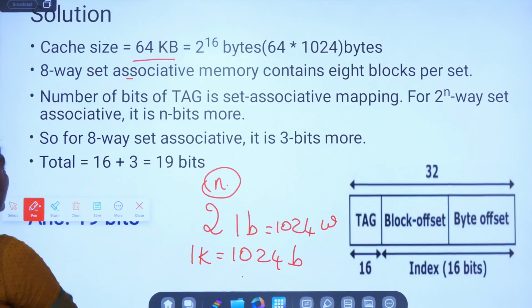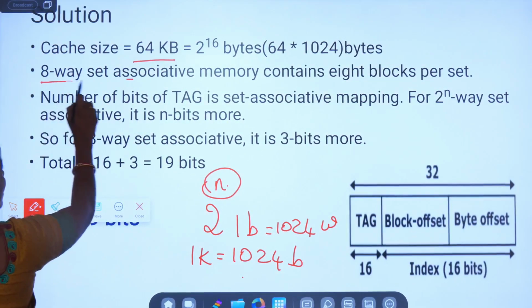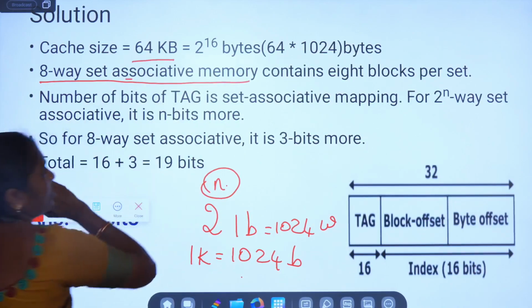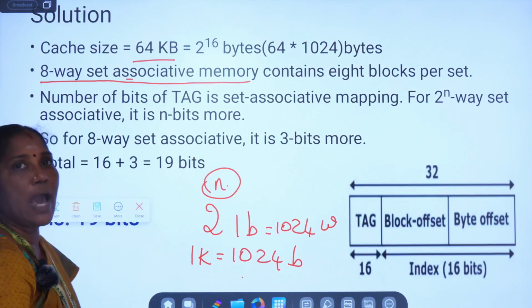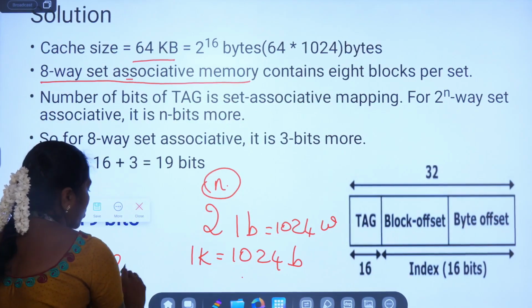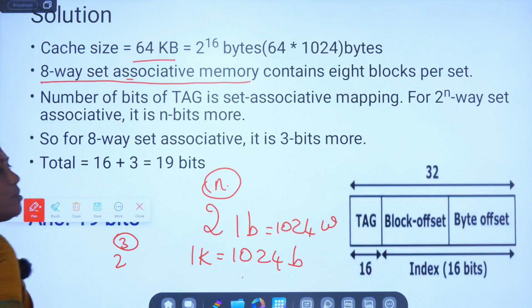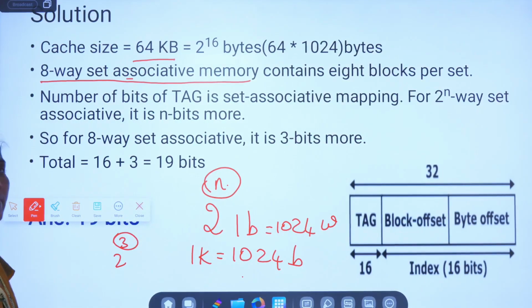As this is an 8-way set associative memory, per set you will have 8 blocks. That 8 is represented as 2 power 3. So 3 is the extra bits that are needed for representing the address here.